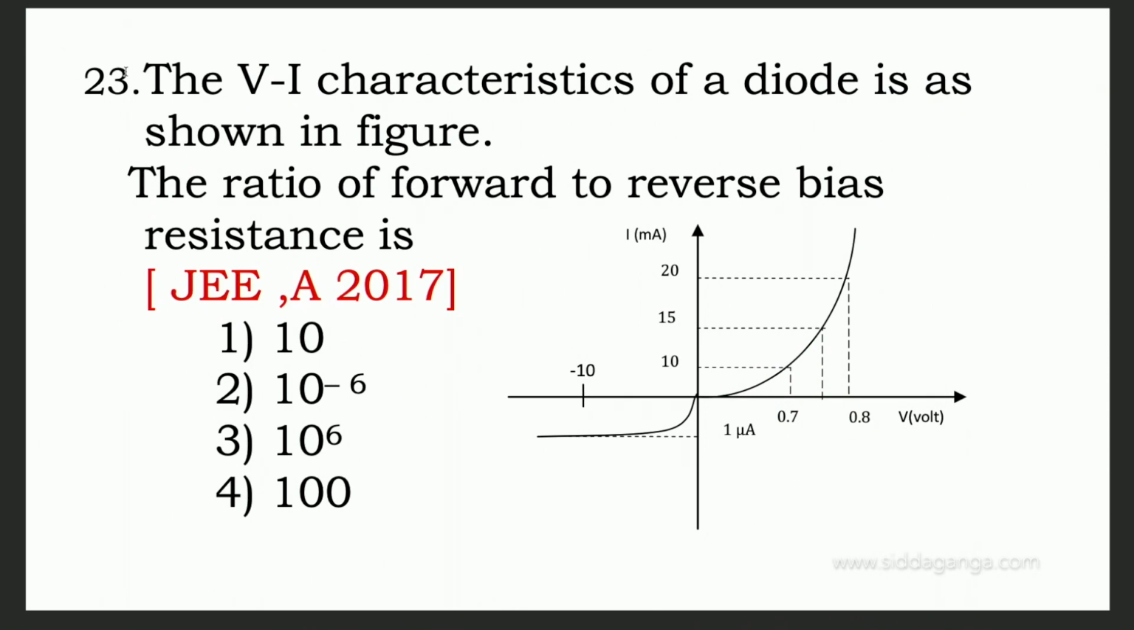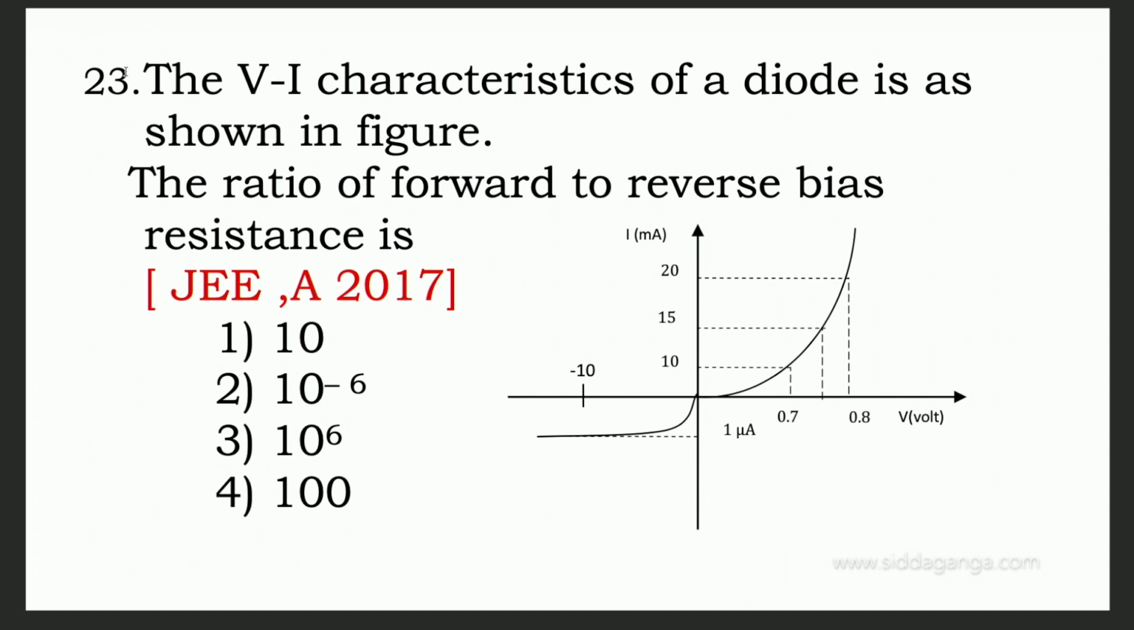Coming to question number 23. There is a graph. I am only concentrating on the important points mentioned. This is current in milliampere, here current in microampere, this is the voltage in volt, and having the 2 points 0.7 and 0.8,